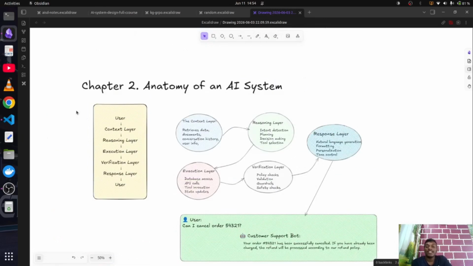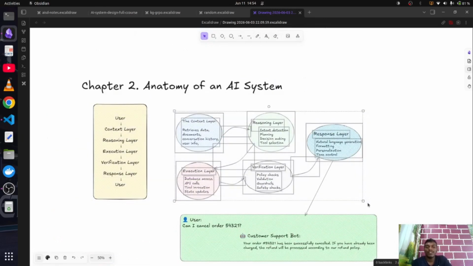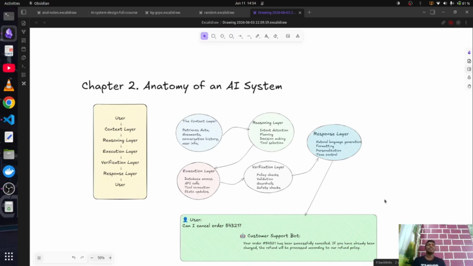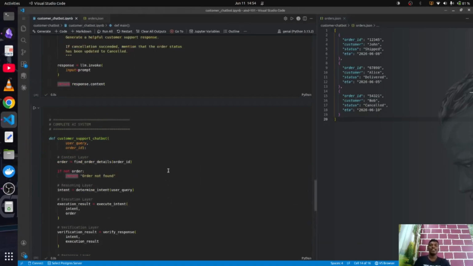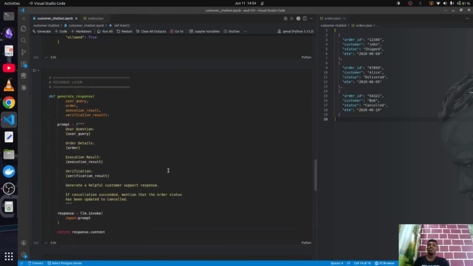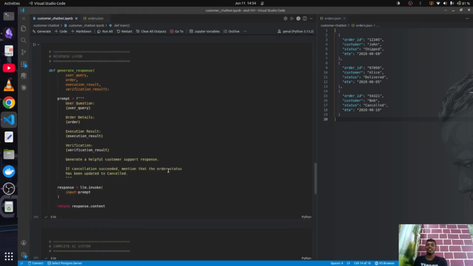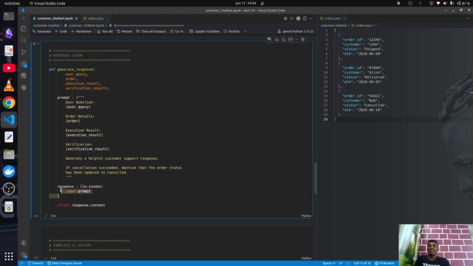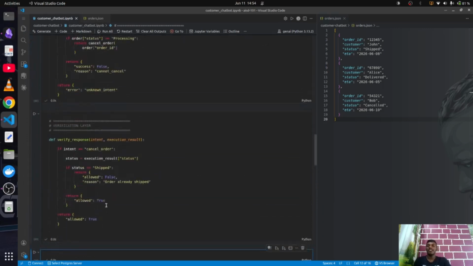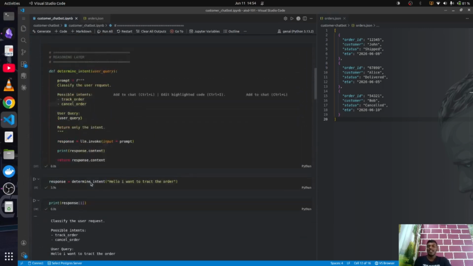And these are the layers which we are going to be implementing in any simple AI system. There will also be the code. I highly encourage you to go through this whole code and try things yourself, especially play around with this particular part, llm.invoke, which will send a request to the LLM and get you some output, and also play around with the AIMessage content part.